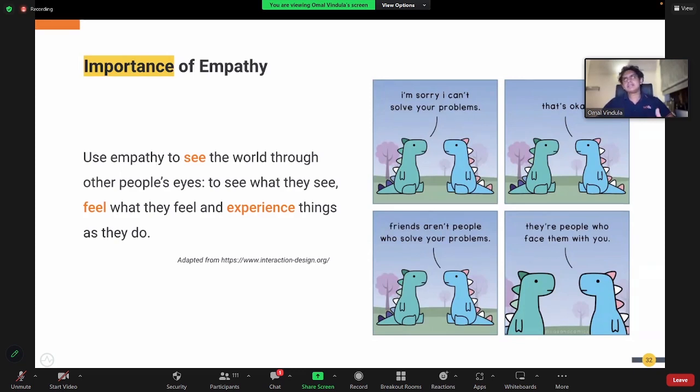You can make designs that make them feel good, right? And that is what we call a good user experience. So I'll give you an example. There are certain applications, or it could be an application, that can relate to you. Let's say you made some kind of a mistake in the application,